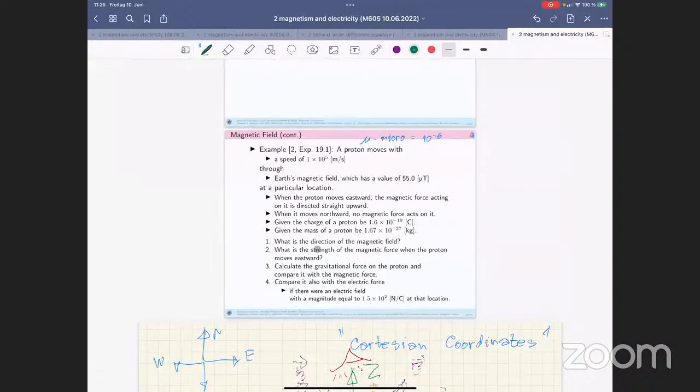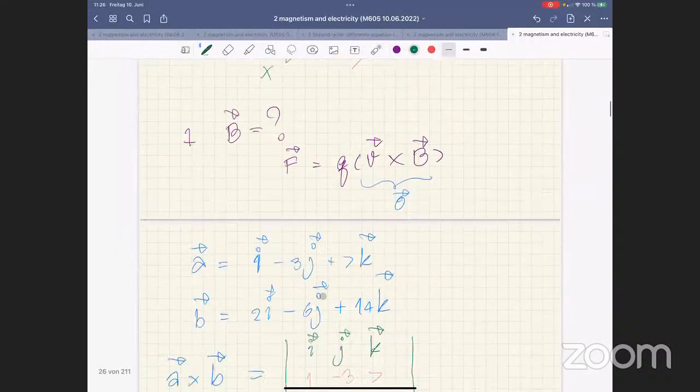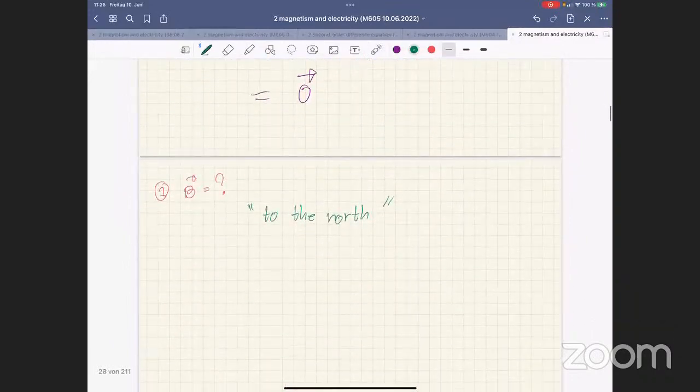The next one is, what is the strength of the magnetic force when the proton moves eastward? The second question is F. What should F be then in this scenario? So F will be